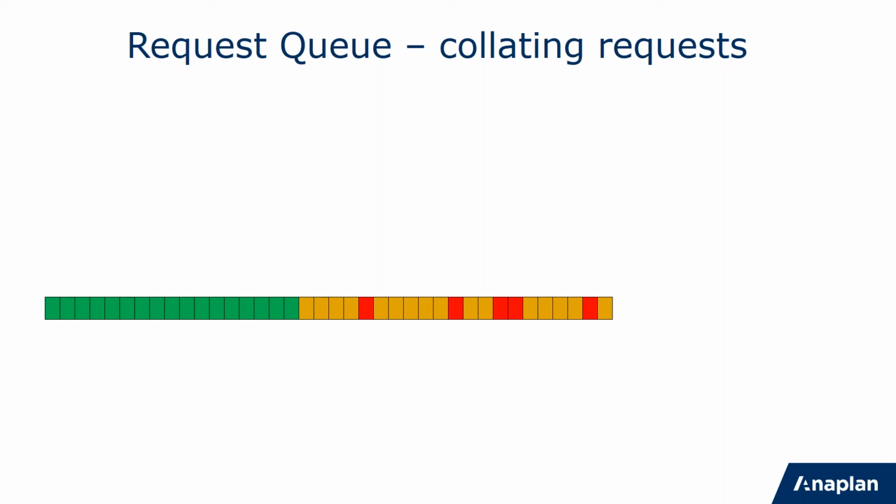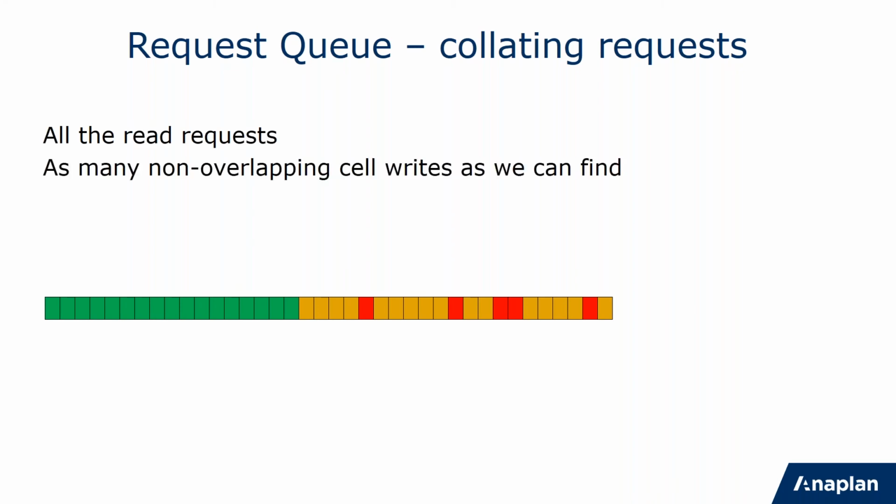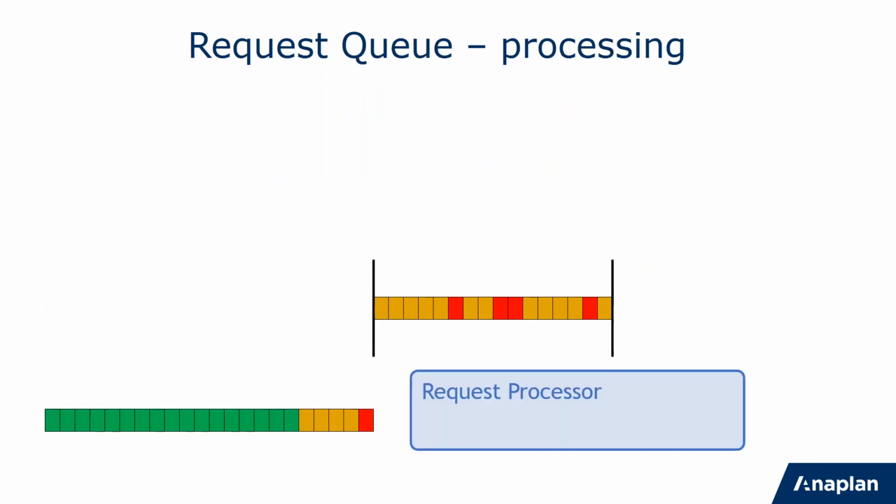And when we're doing the processing, when this request thread is looking at them, it takes all the read requests, because they can all be done together. It takes as many non-overlapping writes, cell writes, as it can find, and then it stops at the first model change, because only one of them can be done at a time, because working out whether individual model changes are compatible is too much for even our brains to handle. So we put a marker on the queue and we say, okay, we're going to process that lot. We'll process the model change first,